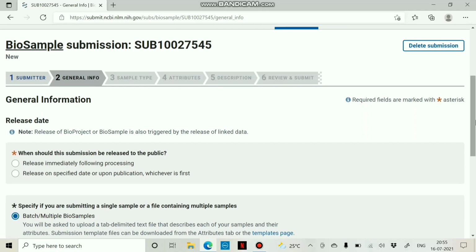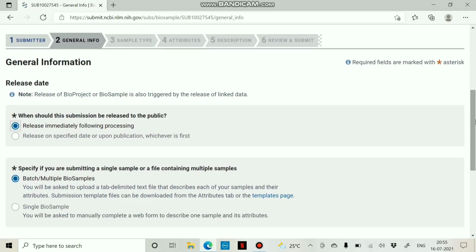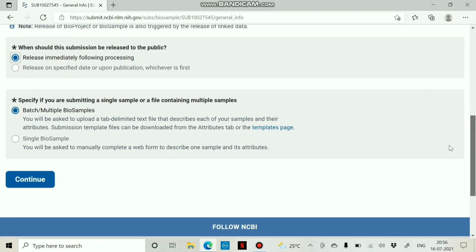In the general info, indicate the release date. Specify the sample type, whether it is a batch sample or a single BioSample. Shall we go for batch sample?